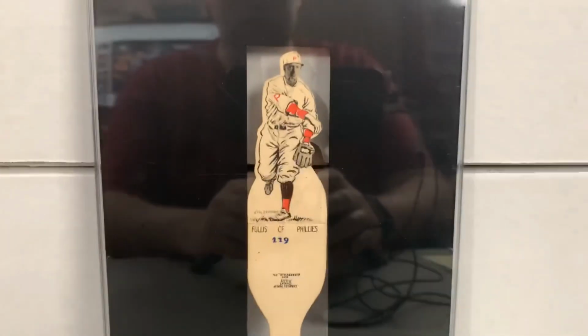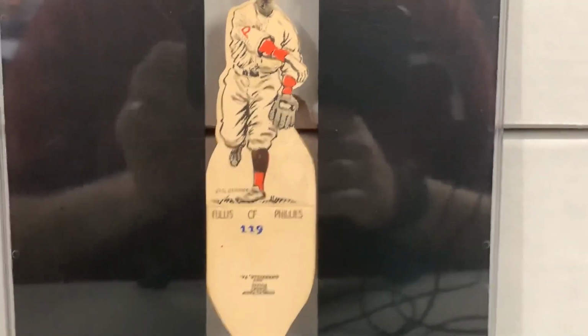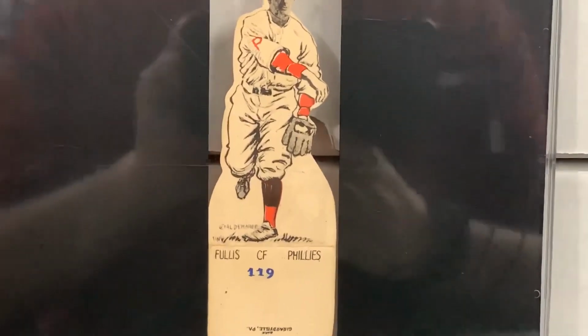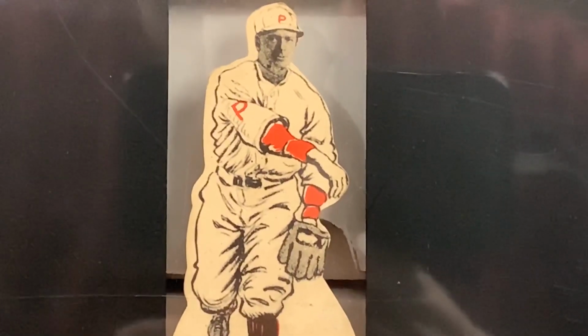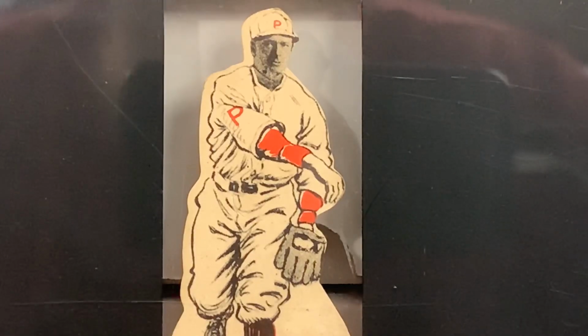But let's see if I can move this in a little bit. Actually, let's zoom it in. We'll have to move it up, do it a little on the fly. There we go. So basically, it's a 1934, and from what I gather, the R304s, the Al Demaree die